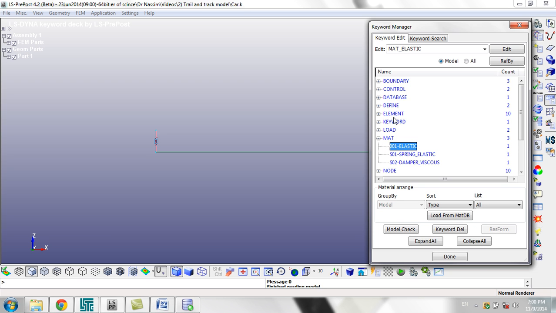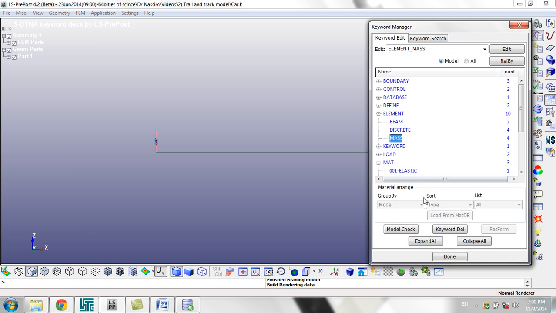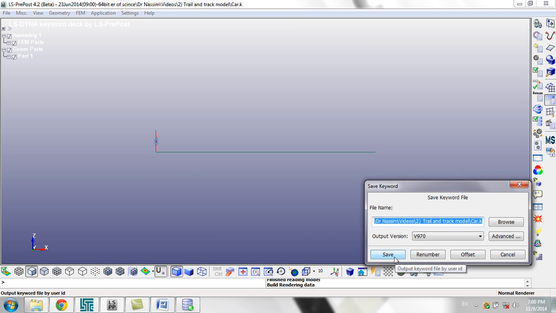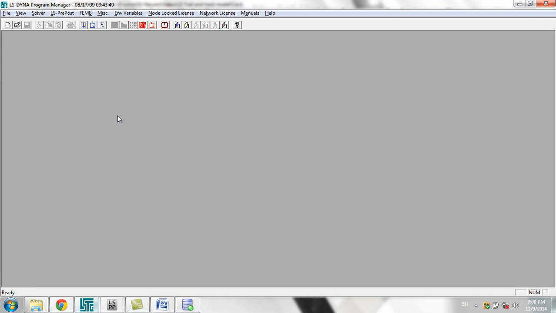So what I'm going to do is go to element mass, and for this mass I'm going to use 10 kilograms, and for the lower mass I'm going to use also 10 kilograms. Also you can make it 100, it's not a big difference, but more than 100, which is about 10% of the upper mass, I think it will start to have some contribution in the whole solution. So don't make it much more than 10% of the upper mass value. If I run the model again,